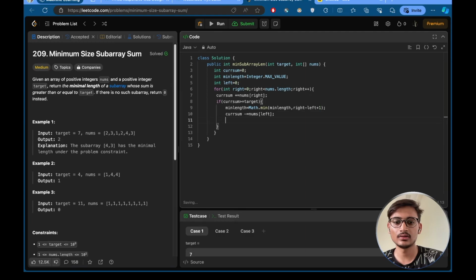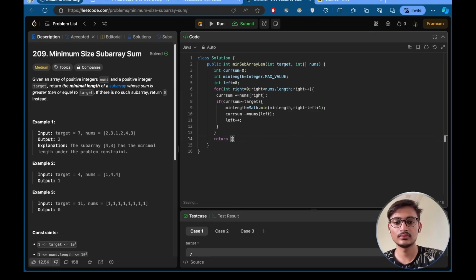Just wait a minute guys, after that you will understand why I am doing this. So after updating our window and subtracting from our current sum, we have to increment our left counter,